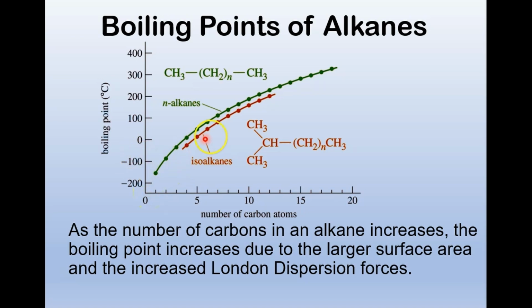So the isoalkanes have less surface area, less London dispersion, so you see it a little bit lower. But for the most part, as you put more and more carbons on it, you're increasing the intermolecular forces,